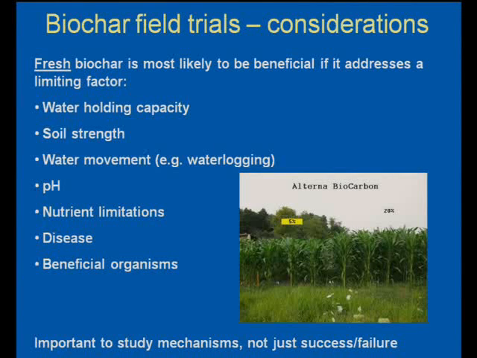So if there's problems with water holding capacity and it provides water holding capacity, then that is possibly going to improve things. If soil strength is limiting, the addition of biochar may decrease soil strength, and in that case you might see an effect. Also, things like water movement, pH, the effect of the ash